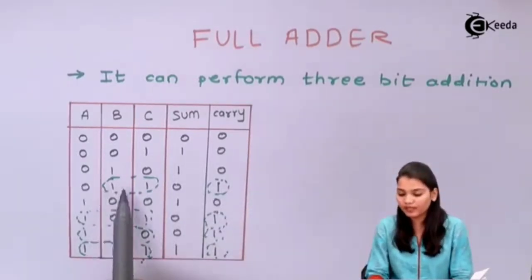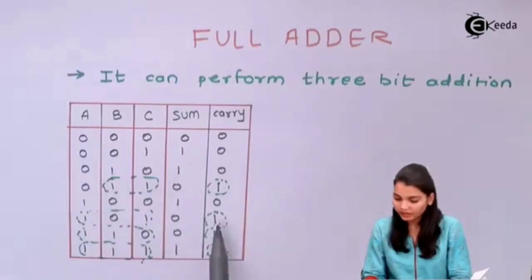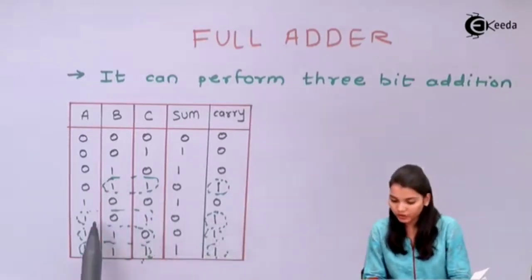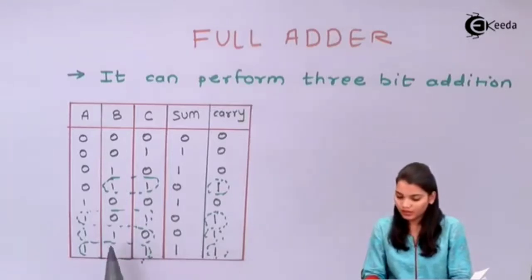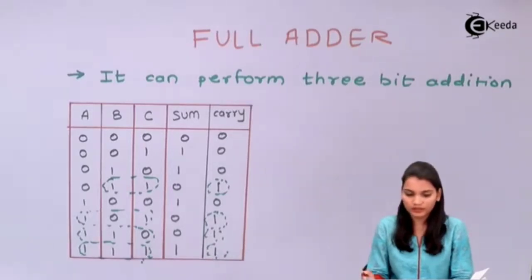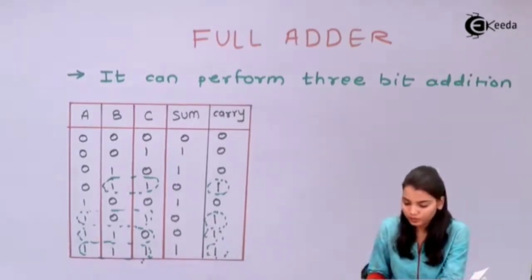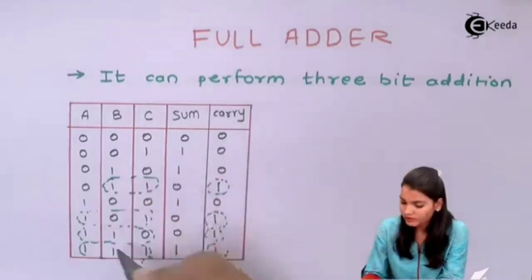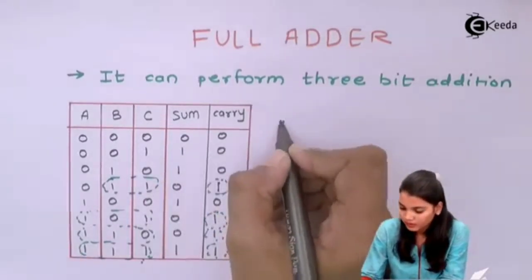when the value of B and C is 1 1. Then again we are getting the carry 1 when the value of A and C is 1 1. Again we are getting 1 when the value of A and B is 1. Then again when A, B, C are all 1. So what we can see overall is that the